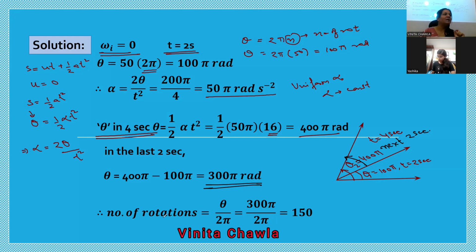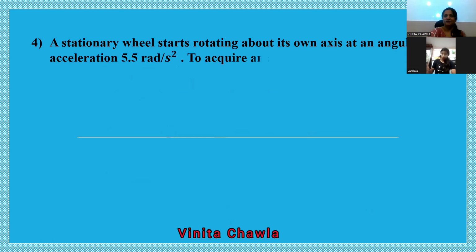ठीक है। तो अब हमें क्या फाइंड करना है? हमें नेक्स्ट 2 सेकेंड्स में थीटा नहीं फाइंड करना, हमें नेक्स्ट 2 सेकेंड्स में नंबर ऑफ रोटेशंस फाइंड करने हैं। तो नंबर ऑफ रोटेशंस क्या होते हैं? थीटा अपॉन 2 पाई। जो भी आपकी थीटा की वैल्यू आ रही है, 300 पाई, उसको 2 पाई से डिवाइड कर दोगे तो आपके पास नंबर ऑफ रोटेशंस आ जाएंगे, 150। इजी।